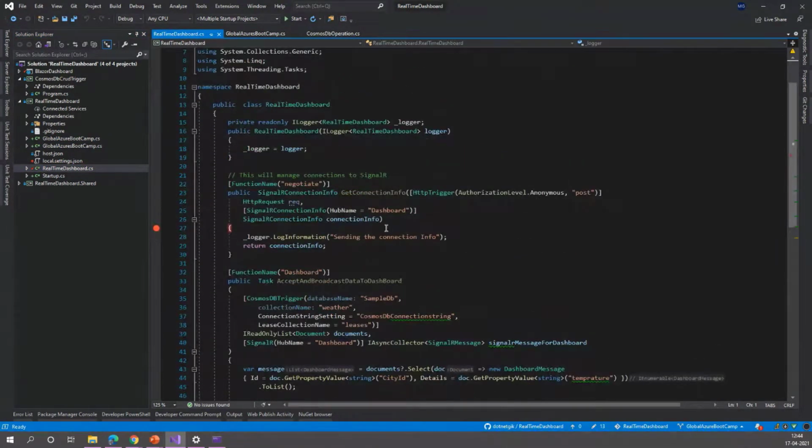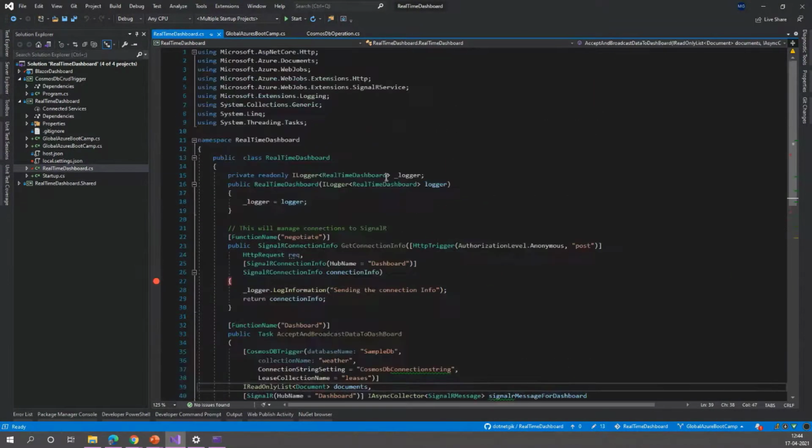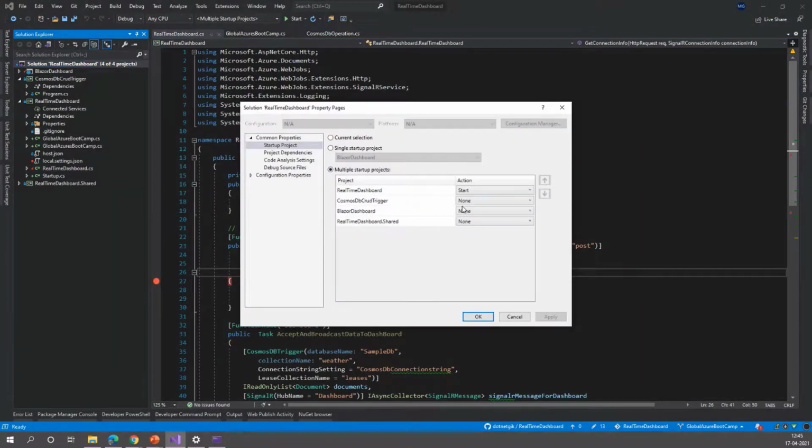I'll use them for the demo, and let's try to debug these functions and see what the connection info is and what it provides. I'll just create this, and I'll start this.